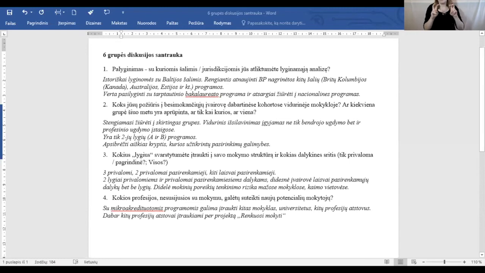We talked that we have to take into consideration the historical point of view and compare our education system, first of all, with the Baltic states, because we have very similar lifestyles and things close to us. But talking about programs, we should consider the international level, and here we came again back to the baccalaureate